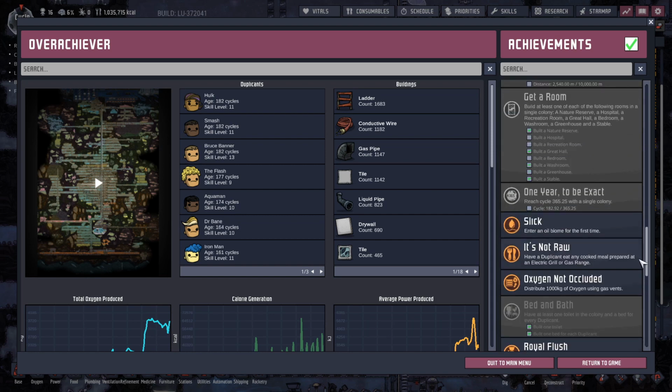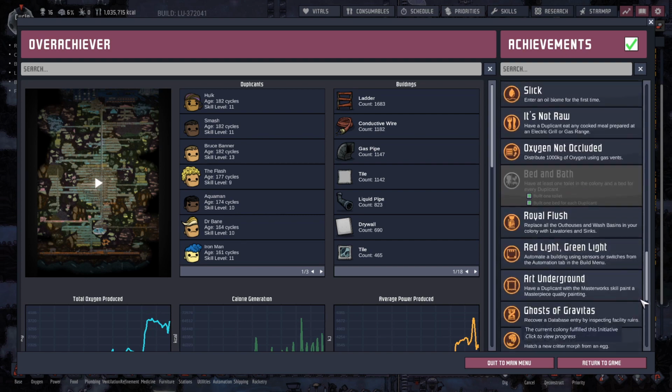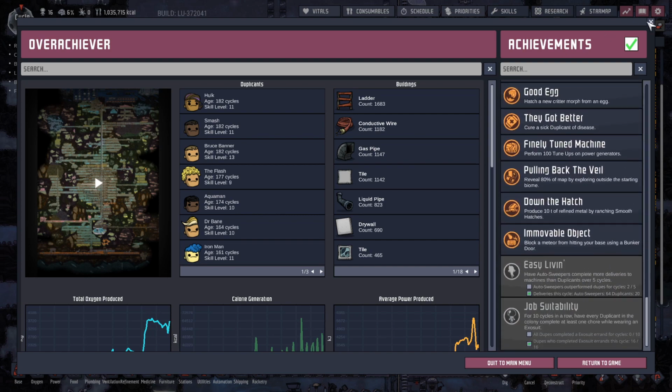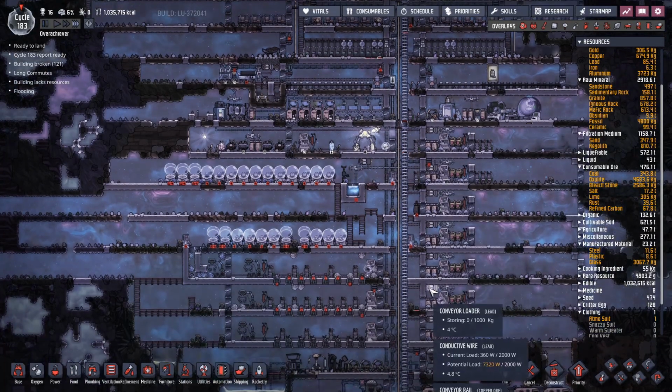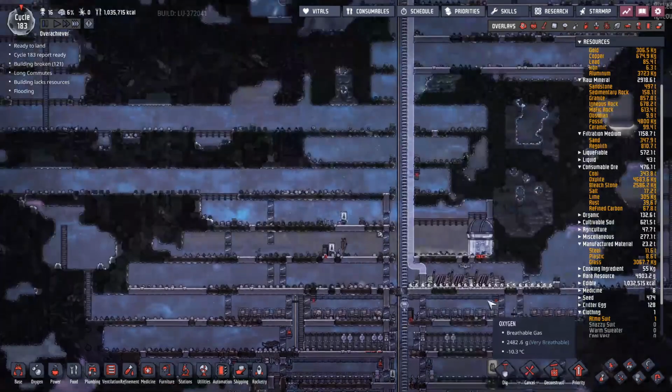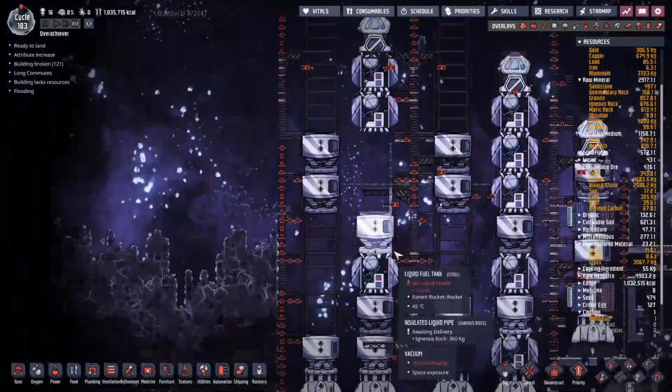I think I'm going to knock out Get a Room as well. I'm going to get all of those this cycle. We're going to knock out most of the ones that don't involve us having all the science, while simultaneously, we're going to get all the science. So I think maybe another episode or 2, and we can have this all tidied up. For the time being, I've finished some of the tubular stuff,